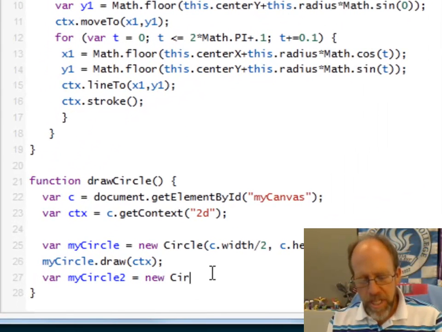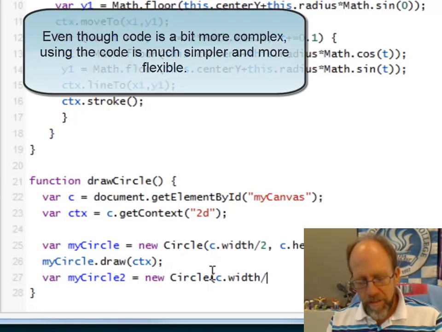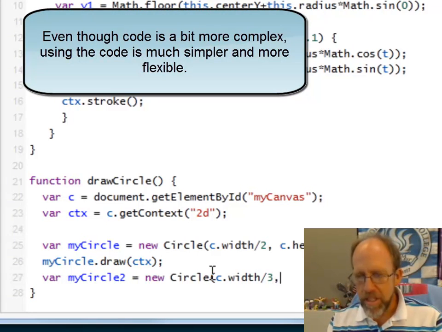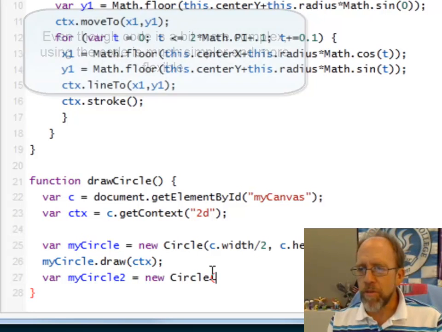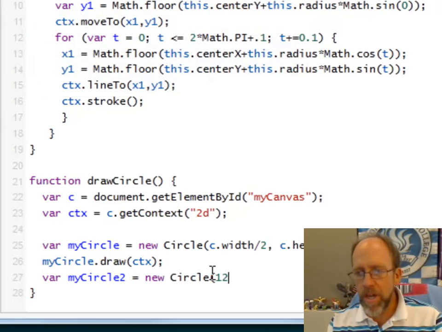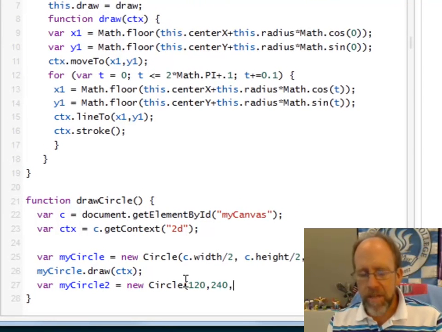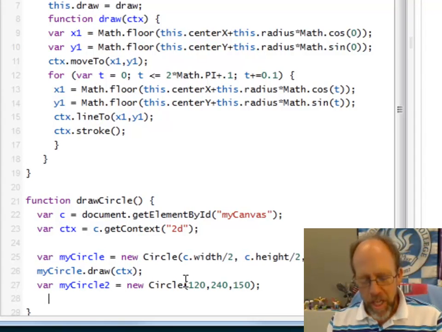And this circle itself, I can make this C.width divided by 3, so it's going to be a different location. Or I can just tell it a location. I don't even have to say the canvas. I can just put it at 120, and let's say 240, and I'm going to make it have a radius of 150, and my circle